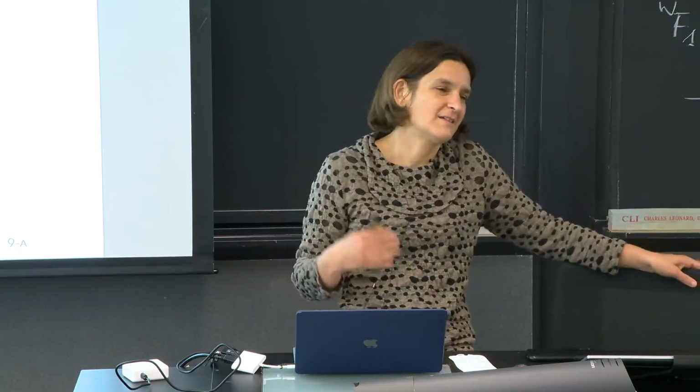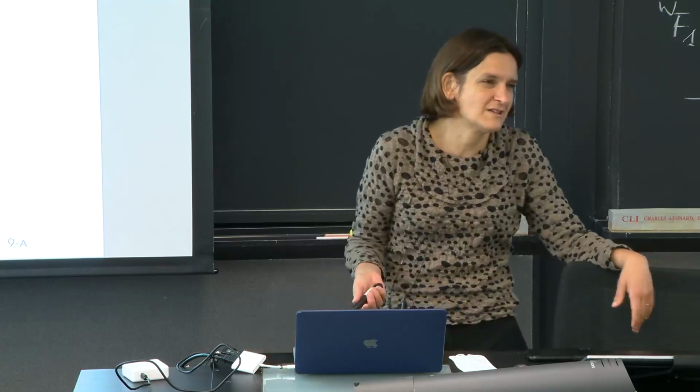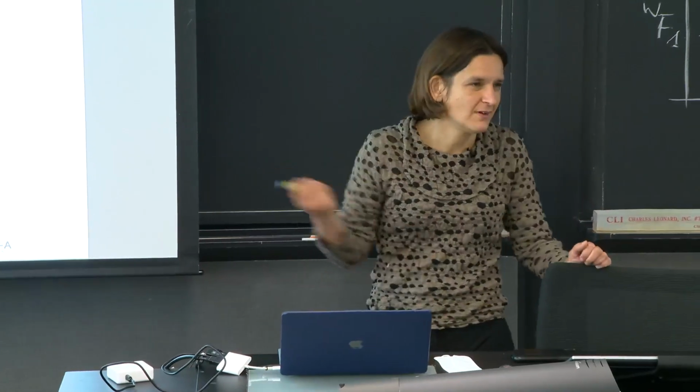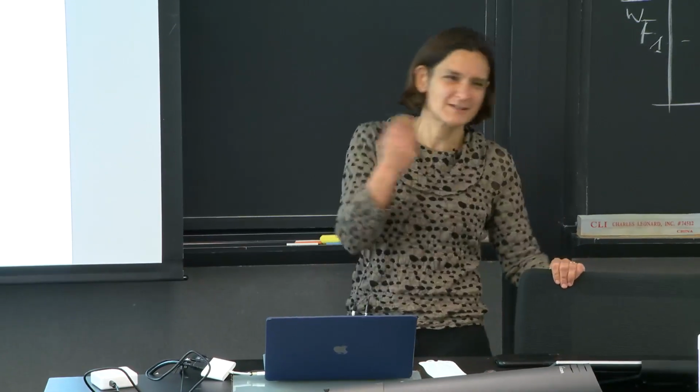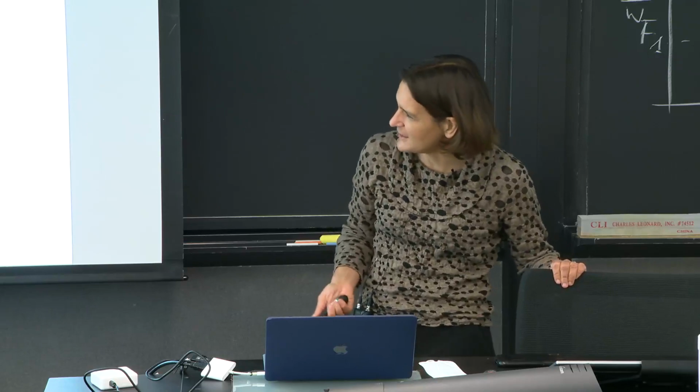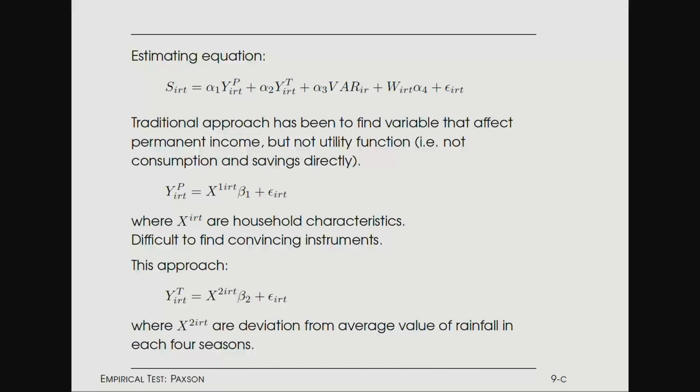If they are random, they might disappear in the next year, but then that's good. This is precisely what we're looking for here. So that was the insight. And this was before any of these natural experiments were really developed, so it was a particularly clever insight by Christina Paxson. So instead of trying to find instruments for permanent income that are uncorrelated with taste and consumption, or patience, which is kind of a hopeless enterprise, you can find a variation in transitory income that can be